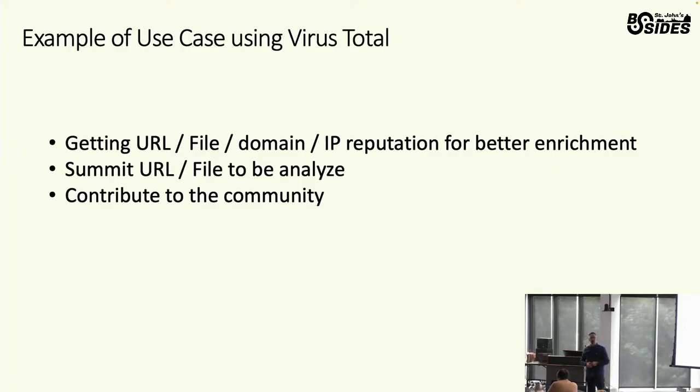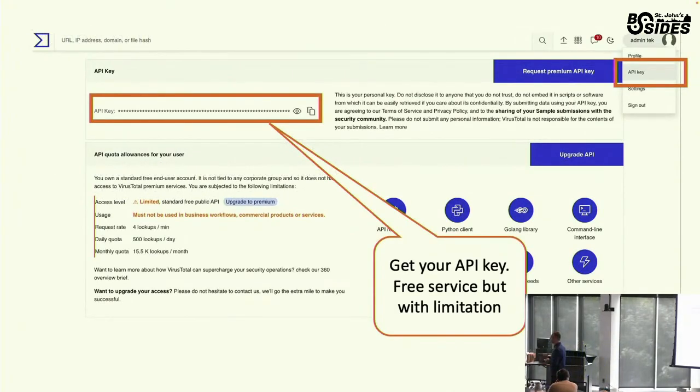The last use case over here that I really like is to contribute to the community. Make sure to add additional comments. There's someone that is telling you that that URL is a phishing email, it's part of a phishing campaign. And if you see this as well, and say, yes, I see it as well, add additional comments. Maybe you have a screenshot from that email and so on and so forth. Make sense? How do you do this?